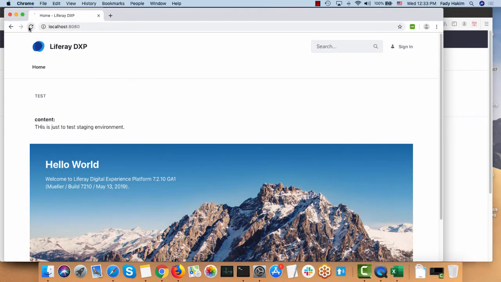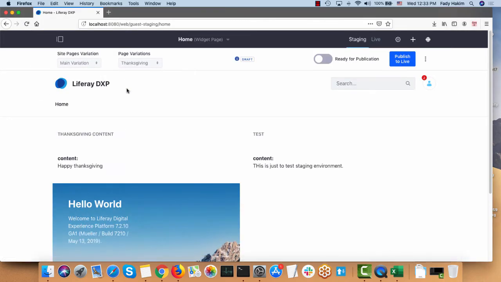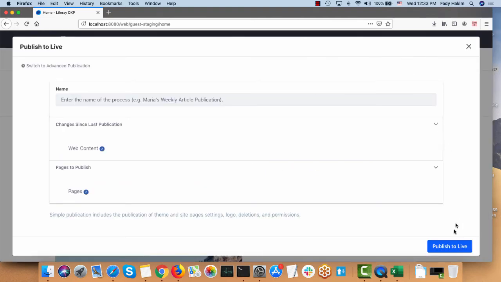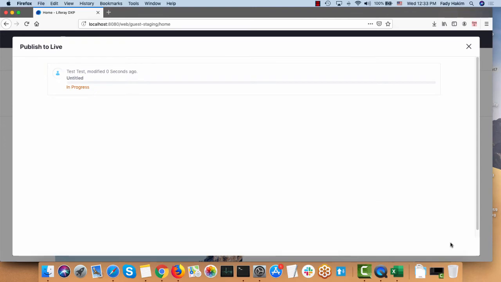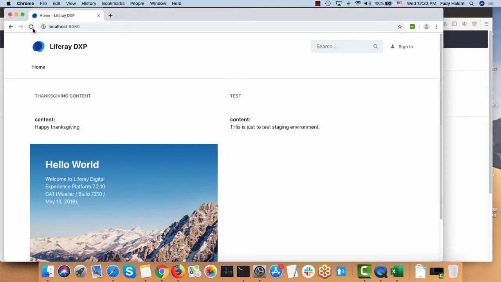Remember, until now, I didn't publish anything in production, so production is still the same. So let's say it's Thanksgiving and I want to publish my content to Thanksgiving, so I'm gonna go to the page variant for Thanksgiving, make this ready for publication, click Publish to Live. All right, and now if I went back to my page, hit refresh, you can see now it's the Thanksgiving